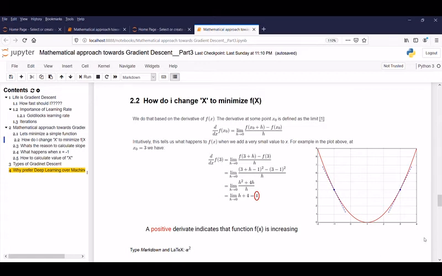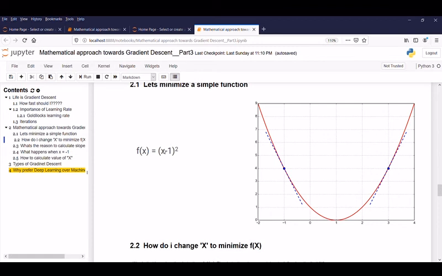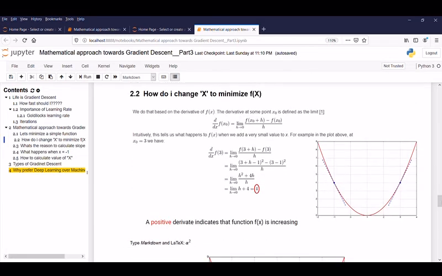Okay. When the value of x is 3, what is f of x? It's 4. How? 3 minus 1 is 2, and 2 squared is 4. That's why f of x is 4. To calculate slope, what is Newton telling? Just imagine, it's only imagination, that we have another point. Why? To calculate slope, we need 2 points.